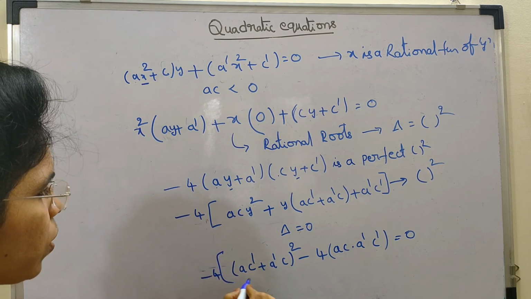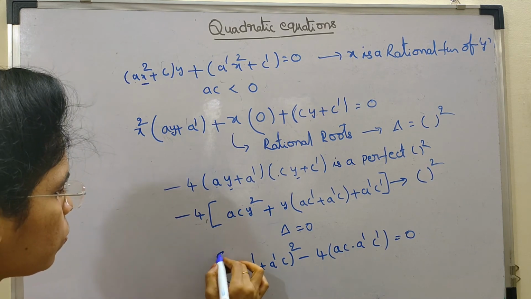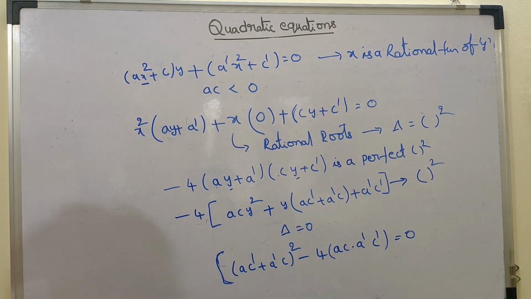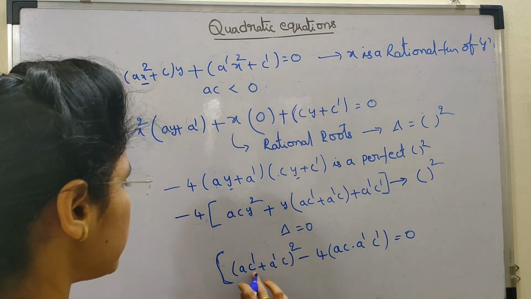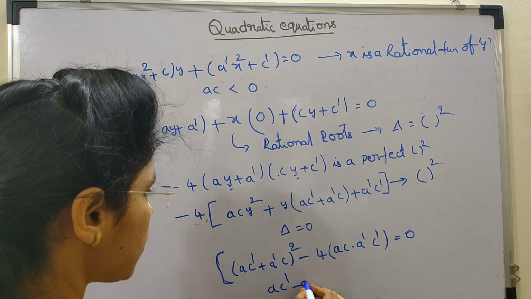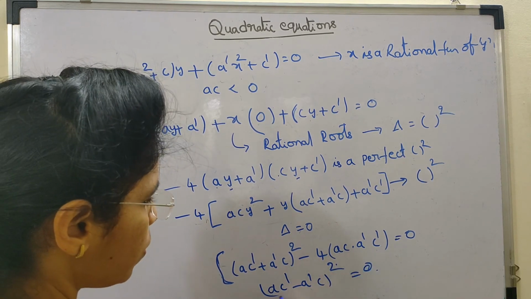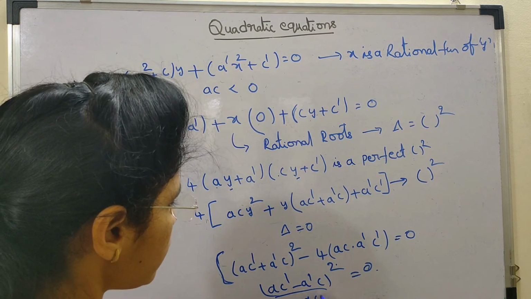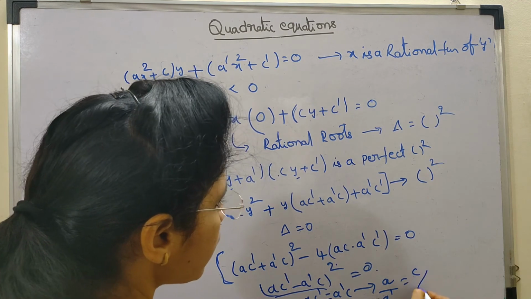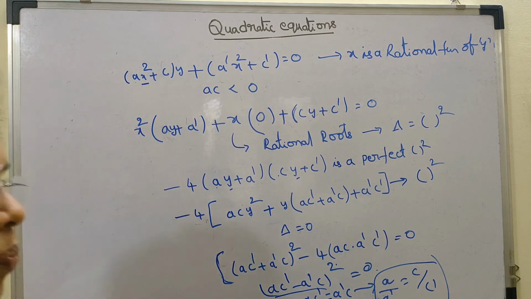You take minus 4 also, minus 4 into something, but no problem, because that side is 0, so it vanishes. So b square minus 4ac is equal to 0. Simplify it: (a plus b) whole square minus 4ab is (a minus b) whole square, so (ac dash minus a dash c) whole square is equal to 0. A perfect square is 0 means this term should be 0. So ac dash is equal to a dash c. What is the condition? a by a dash is equal to c by c dash. This is the condition.